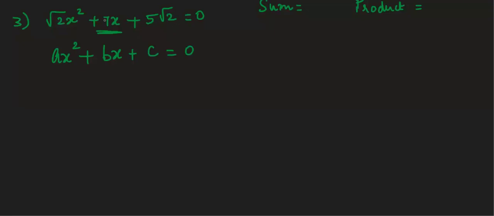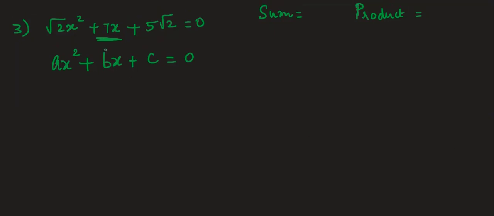Now, how do I know which two? How do I know how to split the middle term? Here there is a simple technique. First we will write the standard form of quadratic equation, ax square plus bx plus c. Now I'll have to choose two numbers whose sum should give me 7, that is the coefficient of x. And when I multiply the two numbers, they should give me a product of a